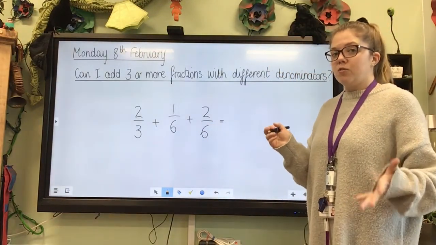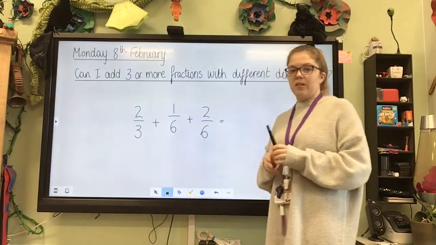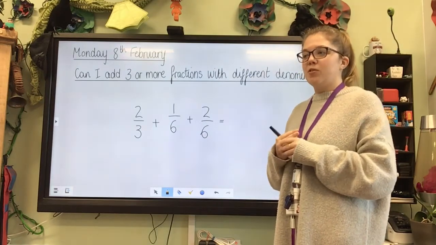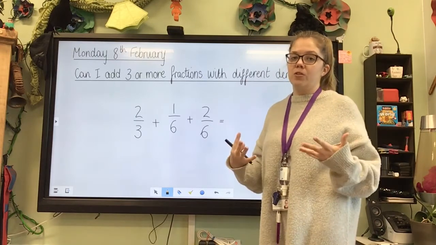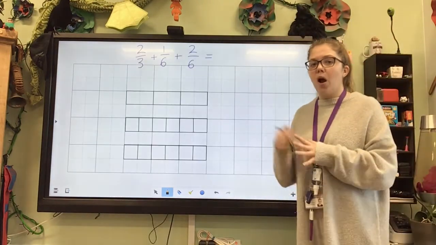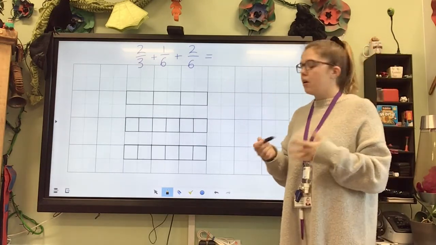And you should all see the first problem we've got is we've got thirds and sixths. So we've got our apples and oranges, like our fruit analogy that we've been talking about. We can't add these up as they are because they are different denominators. So I have done some bar models to help show what fractions are involved